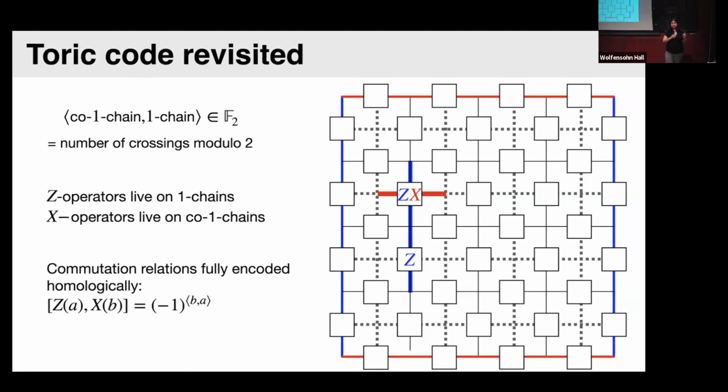And the plaquettes, vertices, edges of the actual 2D space also corresponded to the plaquette-like objects, which are my Z checks, my vertex-like objects, which are my X checks, and the qubits, which live on edge-like objects, okay? You can do this much more generally, and when you do, the actual cellulation of whichever manifold you're talking about may not agree with the objects that you're going to associate with X checks, Z checks, and vertices, but